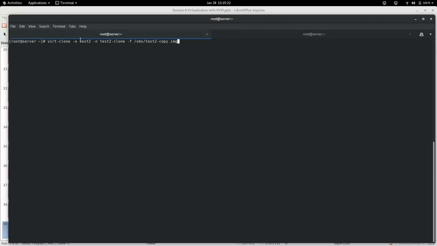Virt-clone --original test2 -n test2clone and the file name where it will be created. So this will create the clone of my machine test2, and I'll have a second machine, the clone of test2, up and running.